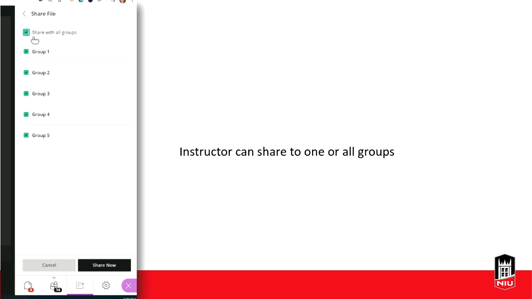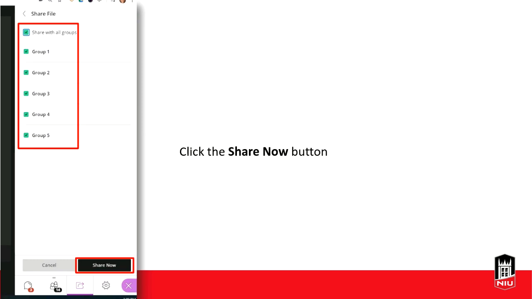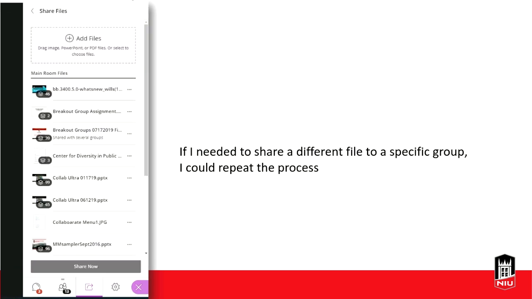But when you come in, most likely these will not be checked. So you say, no, I'm going to check it just with group 1 or group 2, or I want to select this top one, and it's going to share them with all the groups at the same time. That's really convenient rather than having to do one at a time. However, there might be a pedagogical reason where you have different materials for each group, and so you would do this for each group. Once you've selected that, you click the Share Now button down here at the bottom, and it gets pushed out to the group. Now, if you needed to have a different file, as I just mentioned, to a specific group, a different breakout group, you would repeat the process and then just identify what group you wanted that to be